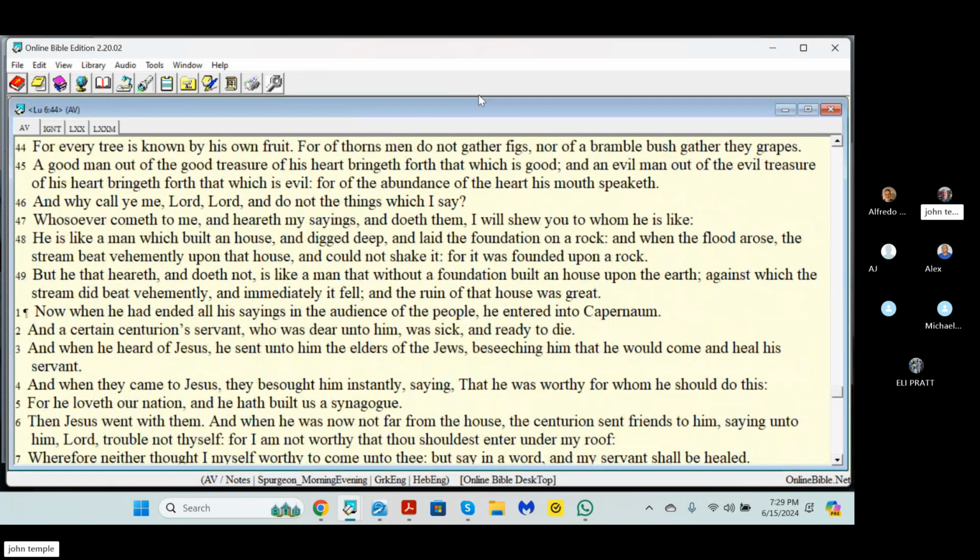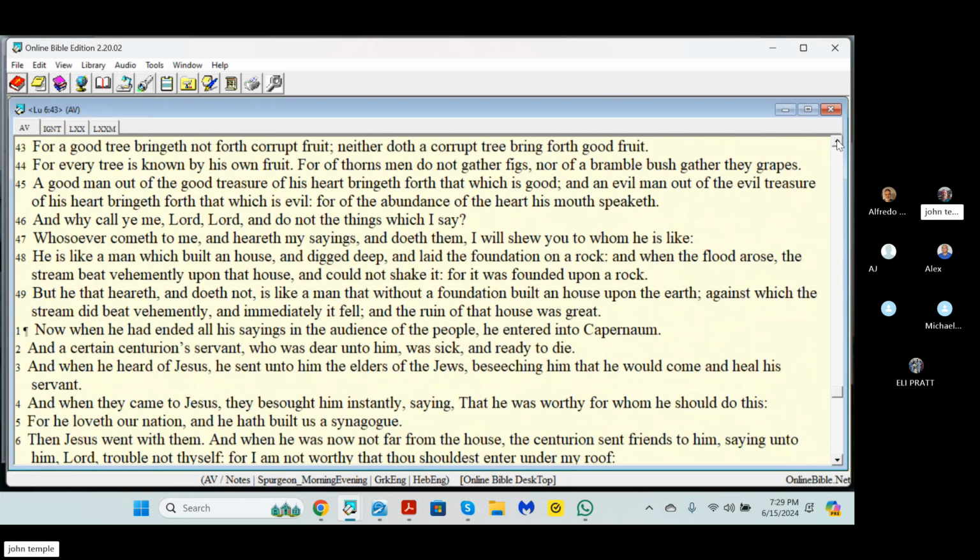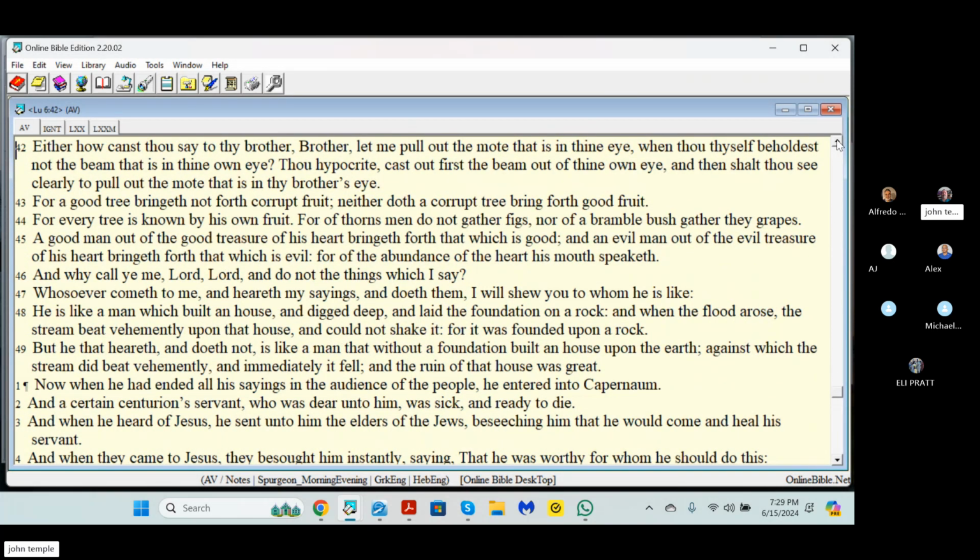He says every tree is known by its fruit, but he doesn't get into the beware of the false prophets. So he doesn't say that, but he just goes on to talk about a good man out of the good treasure of his heart bringing forth that which is good, and an evil man out of the evil treasure of his heart bringing forth that which is evil. For out of the abundance of the heart the mouth speaketh. That's it. So, and then Matthew 12,